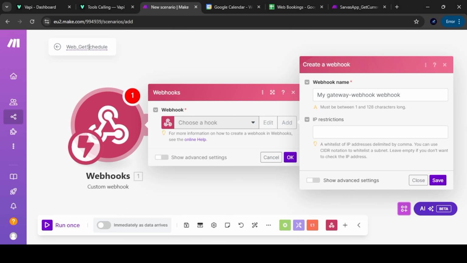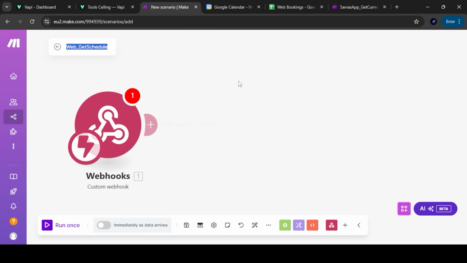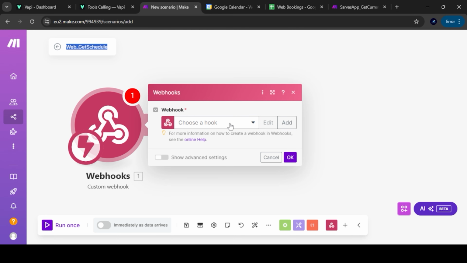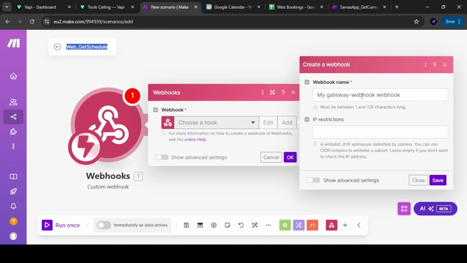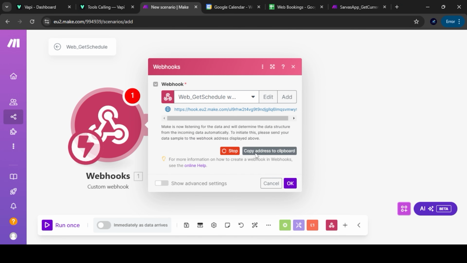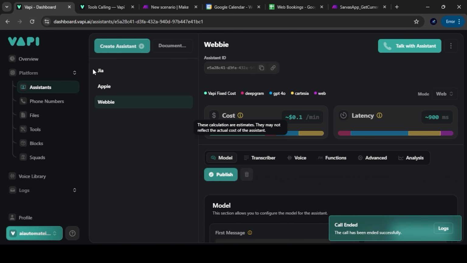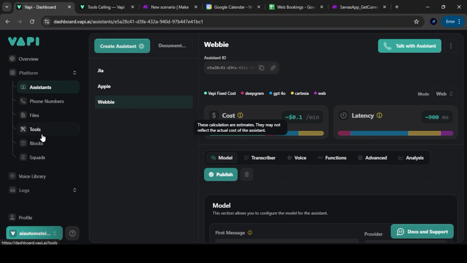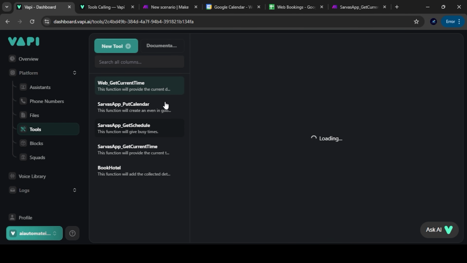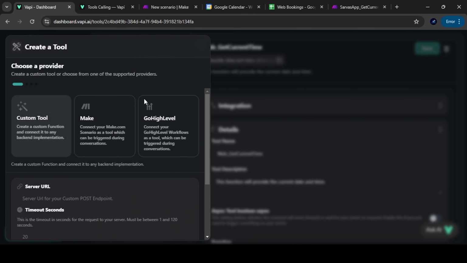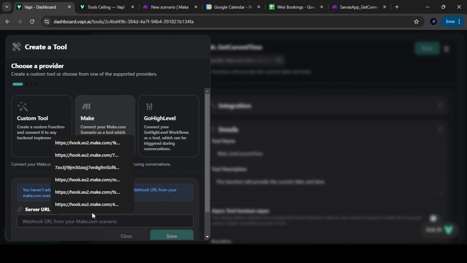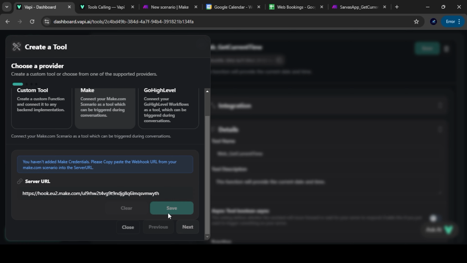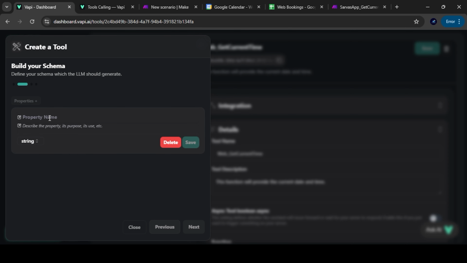We'll add another webhook, copy this scenario name, add, paste, save. We get the URL over here, copy this. Okay. Now again we have to go to VAPI and create a function over here. Click on new tool, make.com, paste it, click on save, next, property name.